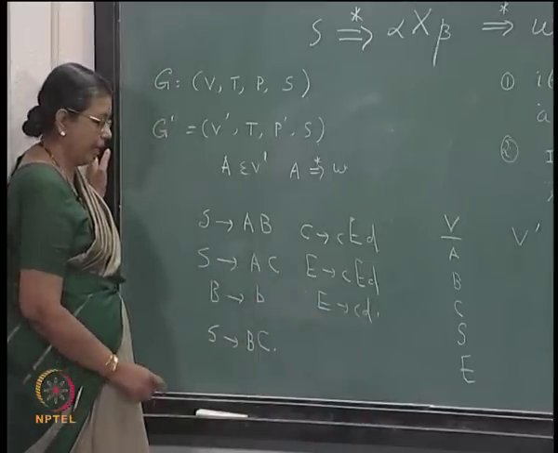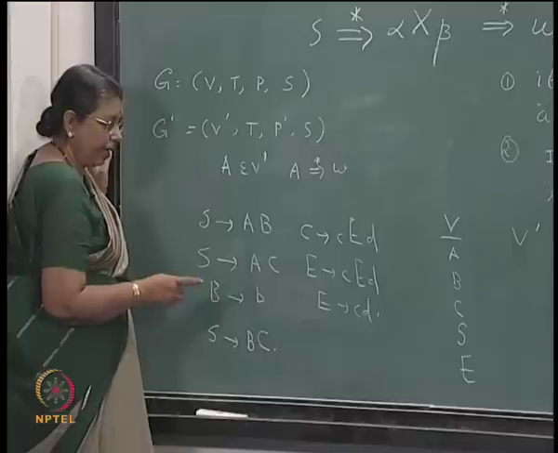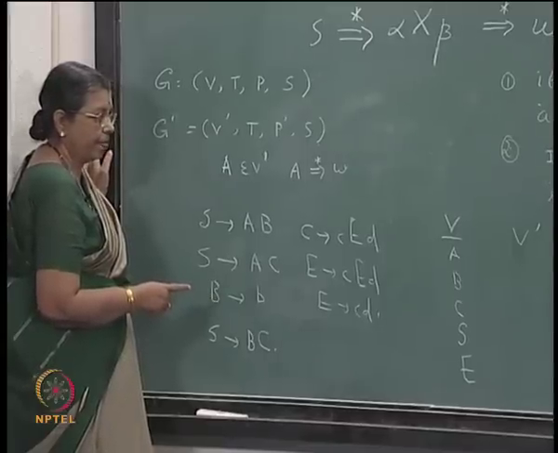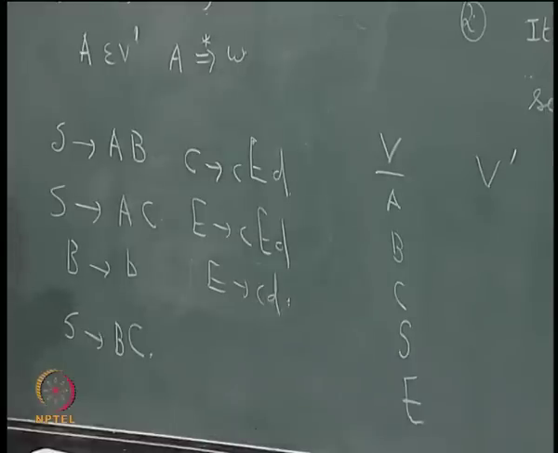So, it is at least BC squared D squared you can derive from this. So, it is a non-empty language. Now, let us see how to find the useless non-terminal and remove it. First look at the rules where you have only symbols from the terminals. So, here you are having only B.